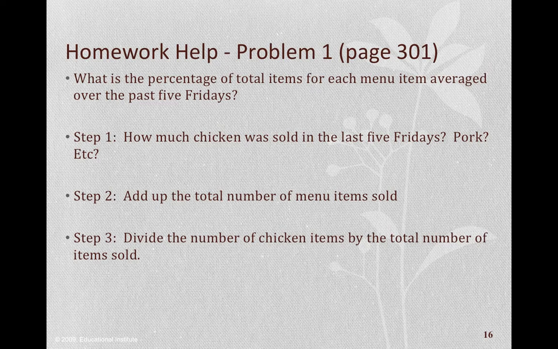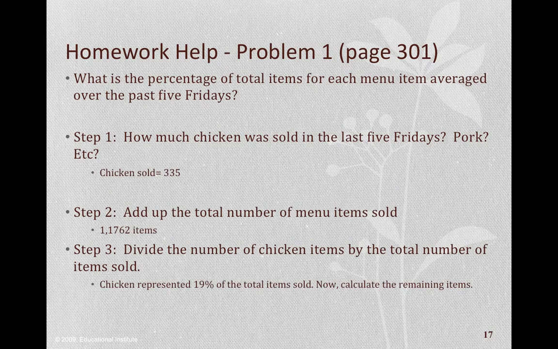And you're going to divide the number of chicken items sold by the total number of items sold. So you'll need to add up all the pork, prime rib, etc. Give you a little hint here. We sold 335 pieces of chicken, or portions of chicken. We sold, oops, there's a little comma problem there. We sold